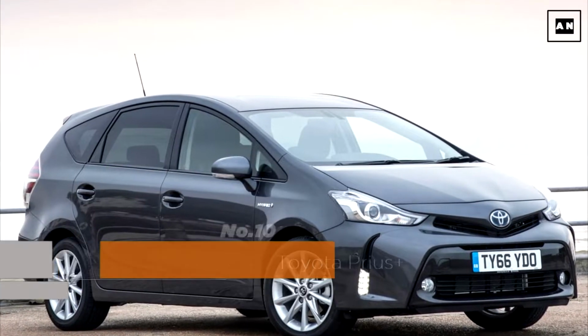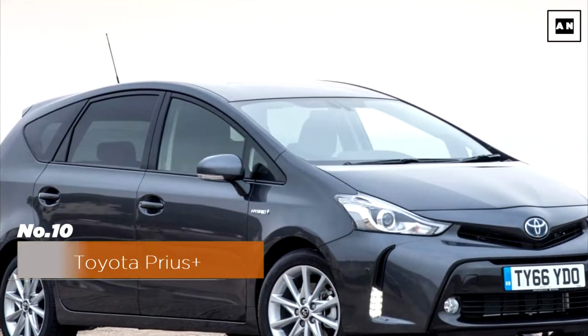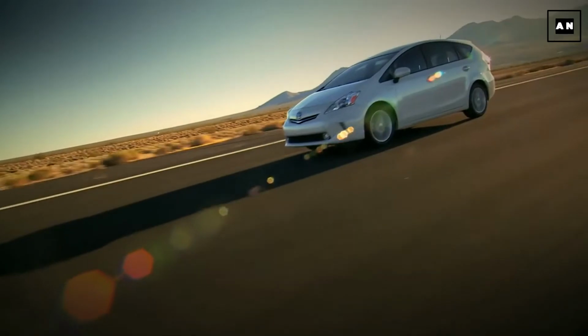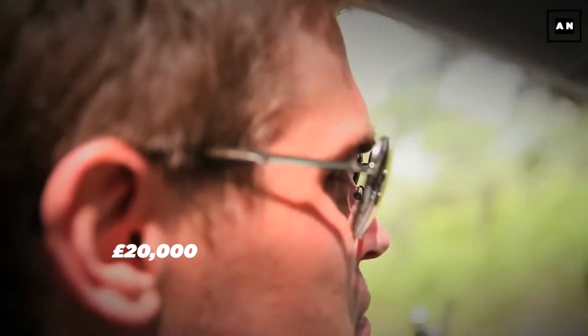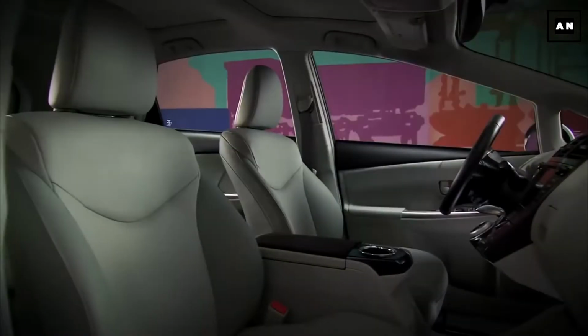Number 10. Toyota Prius Plus. We weren't hugely enamored with the Prius Plus when we first drove it, but a big minus back then was the price. Now you can pick one of these unusual MPVs up for well under £20,000, they're looking a lot more tempting. One aspect of the Prius Plus that might be appealing to some is that it doesn't look anything